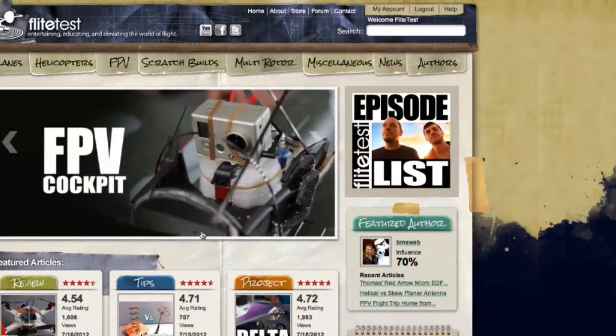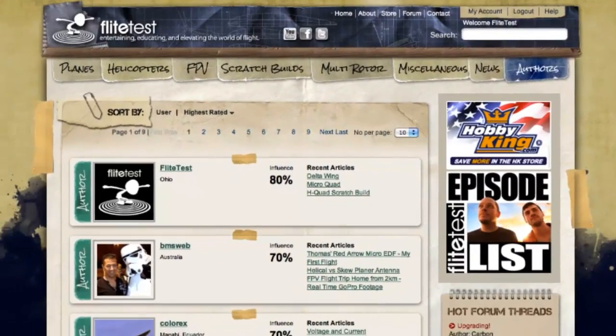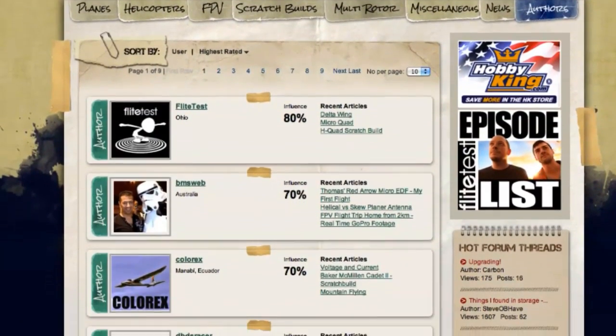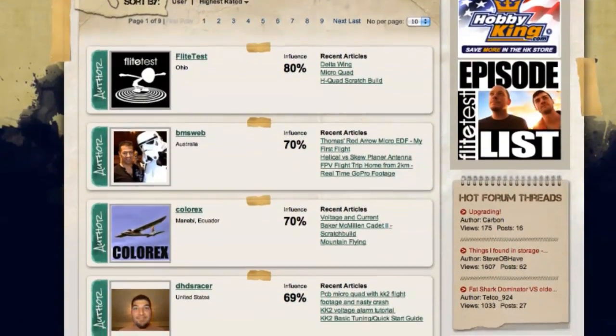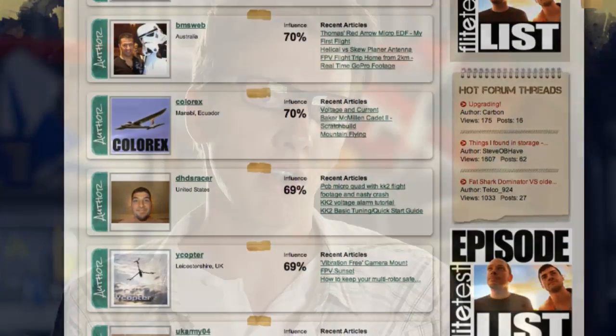And then we have authors. Just so you know, when you first start on our site, you are a user. And then as you submit articles, the better quality articles you submit, if there's something that the team feels is strong and you're the type of person that's going to continue to provide strong content, we're going to approve you as an author. And this will allow you to submit articles and they don't have to go through the approval process.